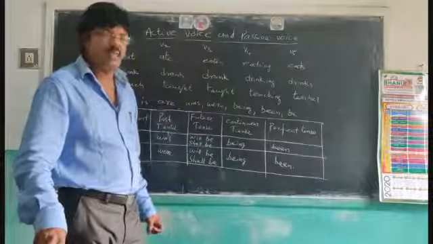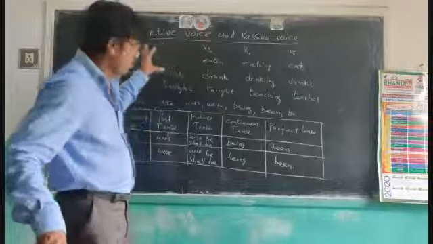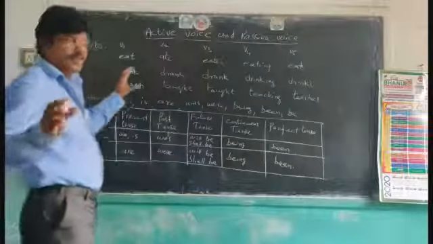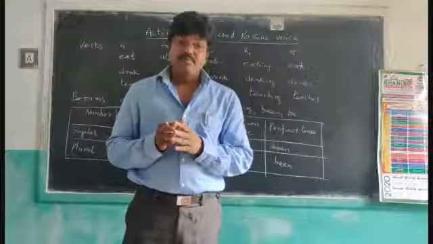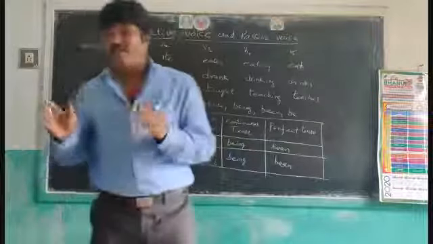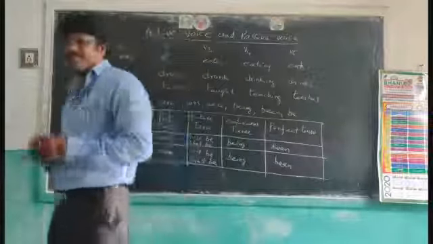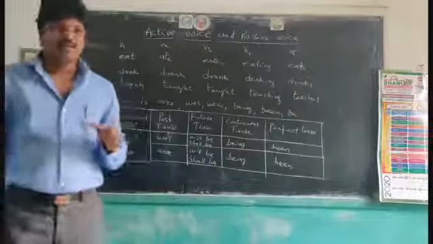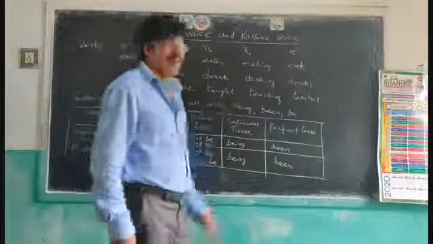Add S or ES to the base form. I have just reminded you of some verb forms here. Most important and compulsory, you must know the be forms. Save them in your e-notebook. How many be forms are there? 8 be forms: am, is, are, was, were, being, been, be.